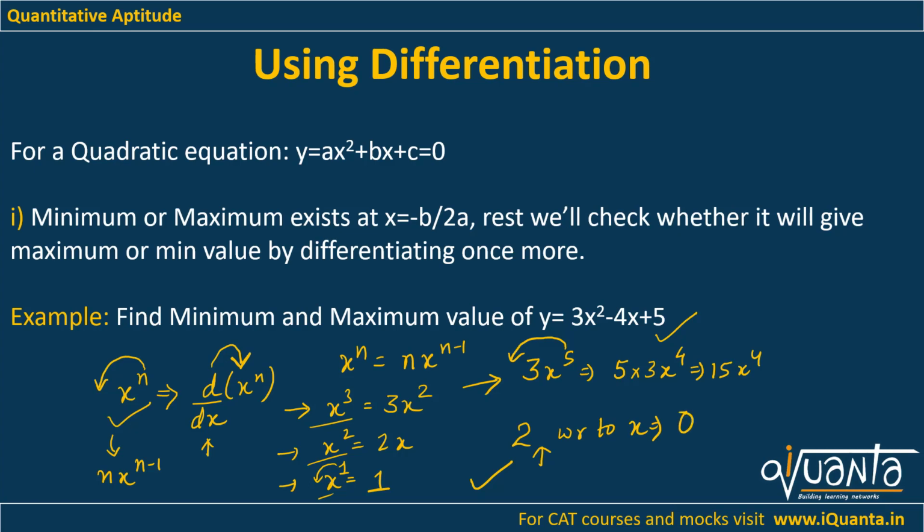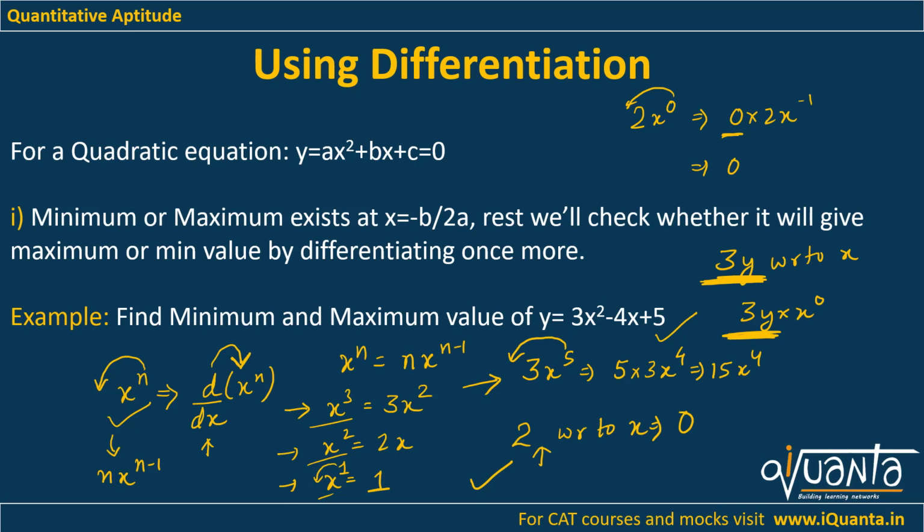Why does it become 0? We can write 2 as 2 into x to the power 0, okay? If you differentiate it with respect to x, you will put this 0 in front, it becomes 0 into 2 into x to the power 0 minus 1, but anything multiplied by 0 is 0, so we'll get 0. So you always have to remember with respect to what are you differentiating it. For example, if I ask you to differentiate 3y with respect to x, we can see that in this 3y we do not have anything which is in terms of x. So we can write it as 3y into x to the power 0. Now if you differentiate it with respect to x, you don't disturb the constant, okay?